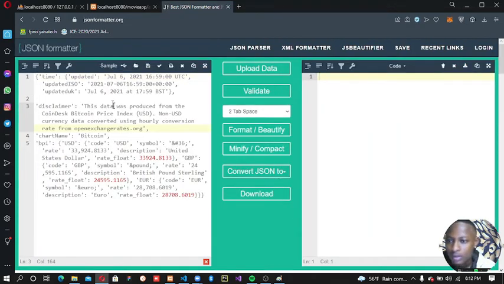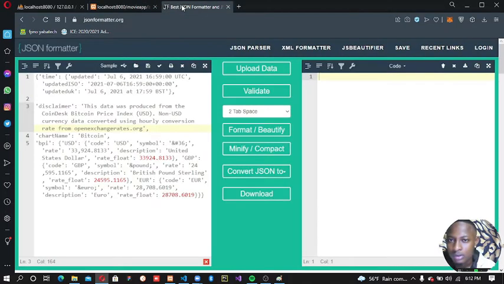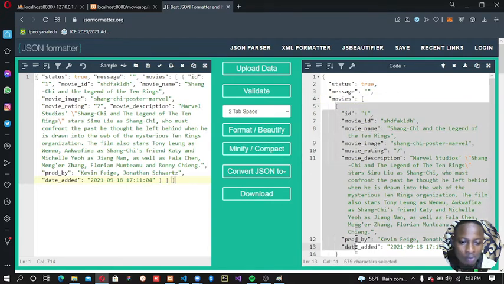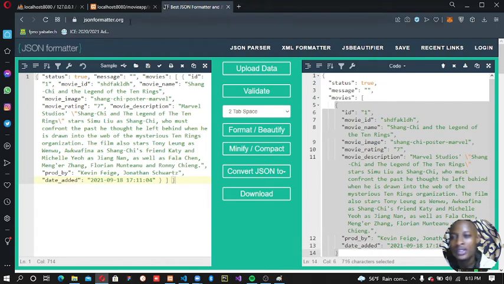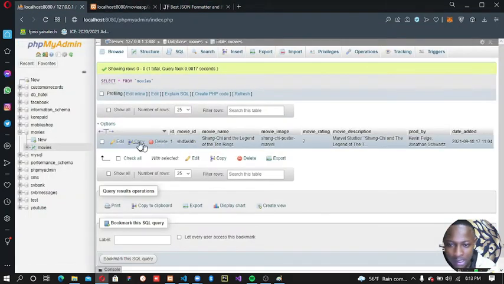Okay, so I'm going to copy our results, then I'll paste it here. Now in the response, we have status as true, we have message to be true, then we have movies to be an array of objects, but currently we only have one object inside the movies. So if I go ahead and just duplicate this,